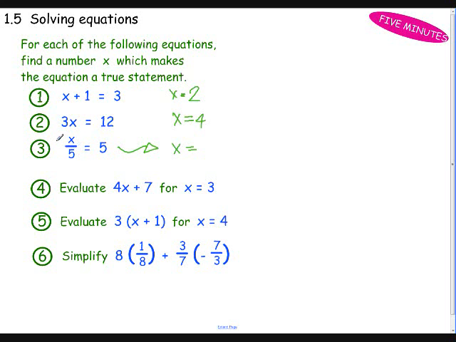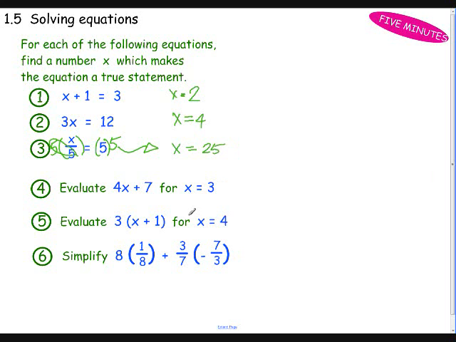If I were to multiply both sides of this equation by the same number, that's okay, right? As long as I do it to both sides of the equation, I'll have 5 over 5, and 5 over 5 is equal to 1. So I'll have x equals 5 times 5,